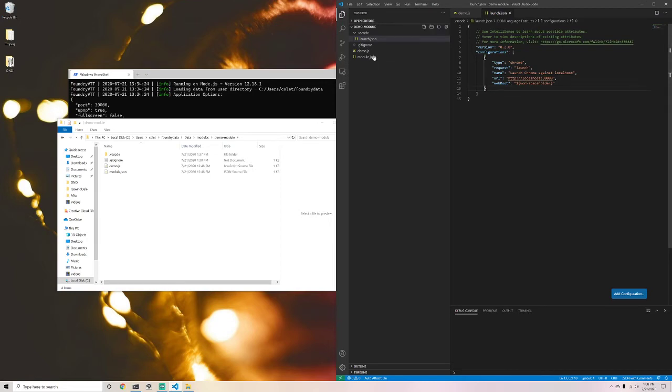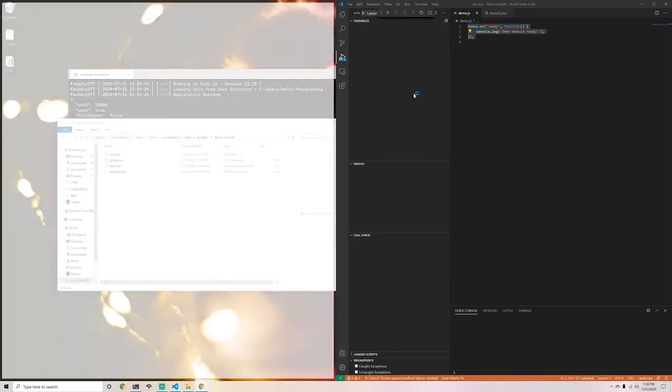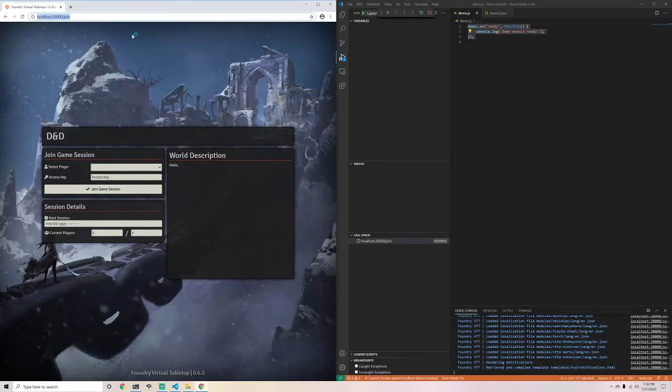So what we're going to do is select our actual module JavaScript file, and then go to our run tab again. And we're going to say launch Chrome against localhost, click run, and that will automatically open up a Chrome browser. However, you'll notice that over here, VS Code now has the debug console linked to this instance of your Chrome